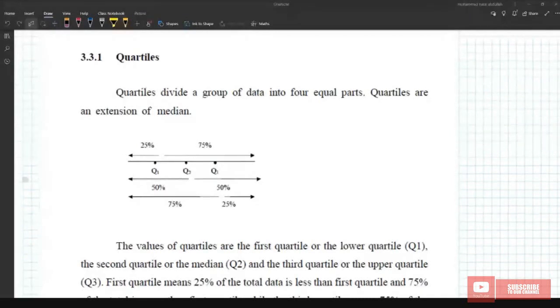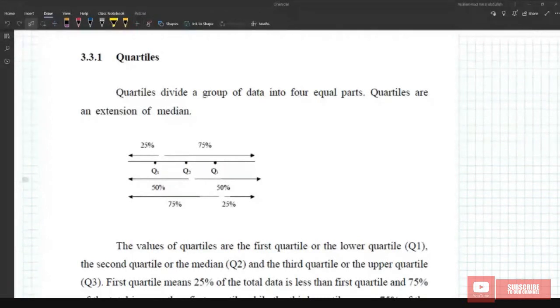Last week we already looked at measure of central tendency. We already know how to calculate mean, mode, and median from ungrouped data and grouped data, right? So we also know the characteristics of mean, mode, and median. And we also learned the relationship between mean, mode, and median: when mode is larger than median, larger than mean,